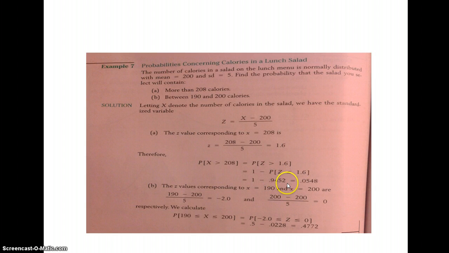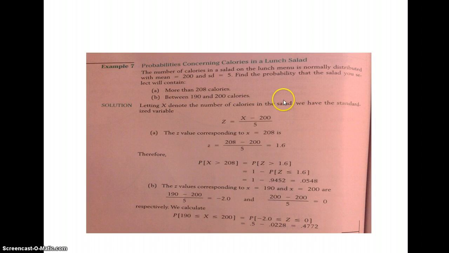We had examples about how to find the probability value in the previous homework. If you forgot, you can watch the videos from last week. To find this number, 0.9452, and subtract it from 1, that's 0.0548, which means a 5.48% chance that the salad you select contains more than 208 calories. Okay, and then similarly, we want to find the probability of a salad that contains calories